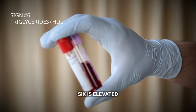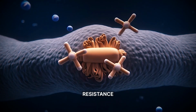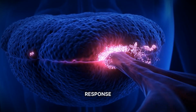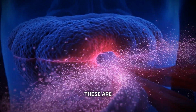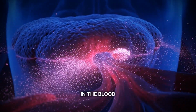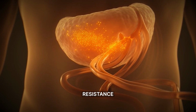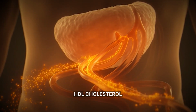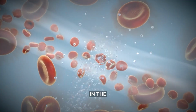Sign number 6 is elevated triglycerides, or low HDL cholesterol, on routine blood work. When insulin resistance is present, even in its earlier stages, the liver's response to elevated insulin is to produce more triglycerides. These are fat molecules that circulate in the blood and whose elevated levels are a well-established indicator of insulin resistance and metabolic dysfunction. At the same time, HDL cholesterol, the protective form, tends to decrease in the presence of